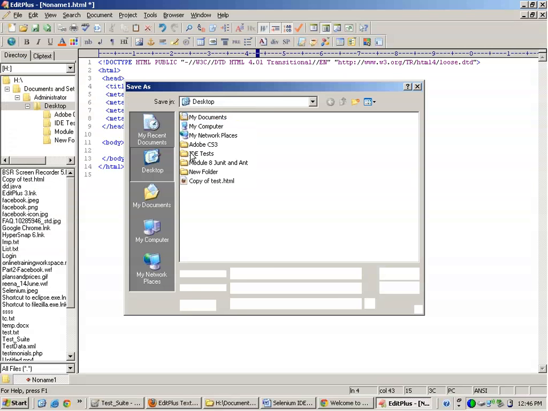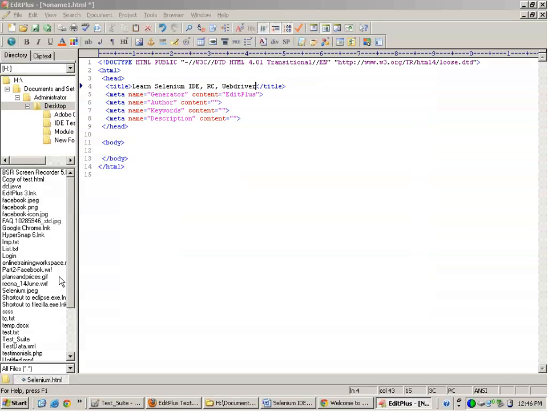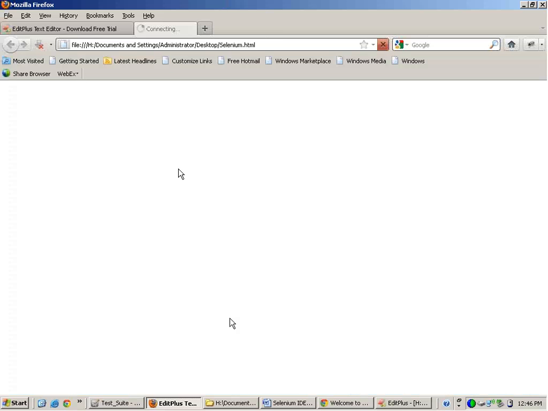I will save this page, Control S. I'll save it as selenium.html on my desktop. Okay, so when I see this is the HTML page. In this you can execute JavaScript, which we will be doing in some time. Alright, when you open this, it opens in the browser. HTML page opens in a